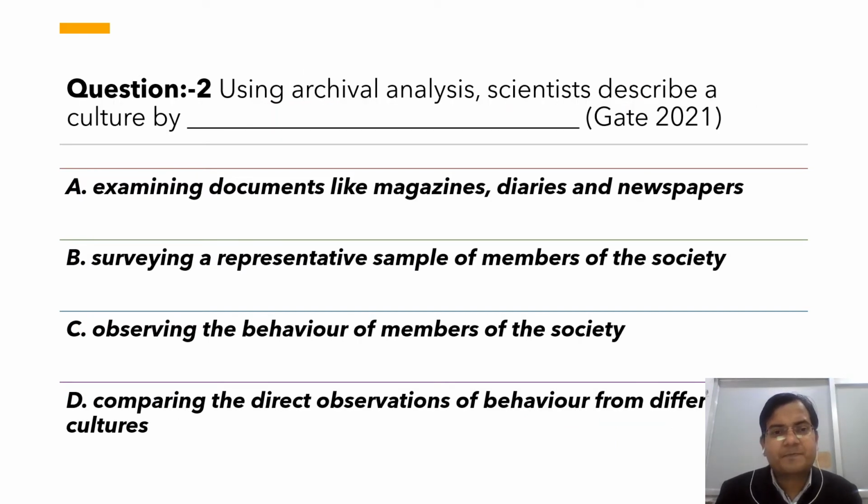And the second question, on archive analysis. First of all, we understand archive analysis. At the time of archive analysis, obviously we use previously published work. Published means, suppose, books, magazines, diaries, newspapers, published articles, or some writings, or sometimes letters as well. Suppose we are interested in historical research, then obviously we see the letters used for communication purposes. In upcoming years we may also use social networking posts as archives.